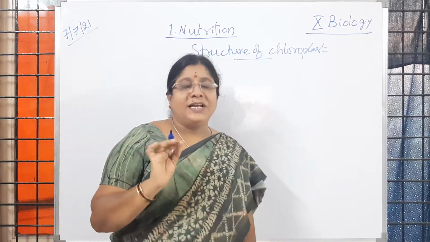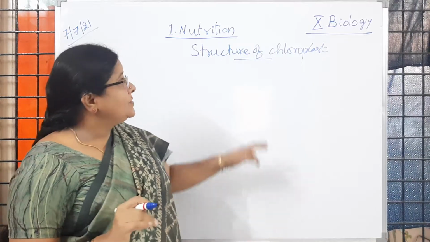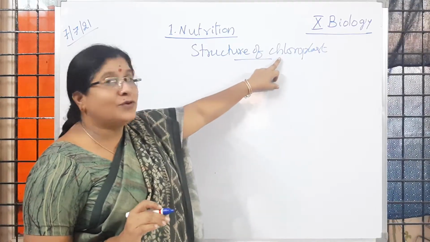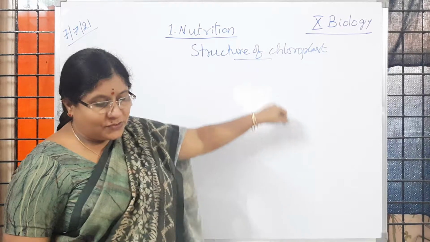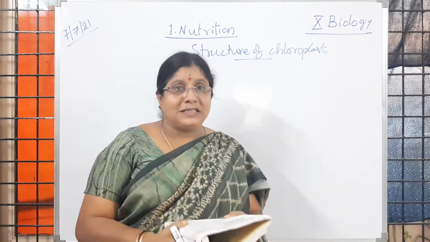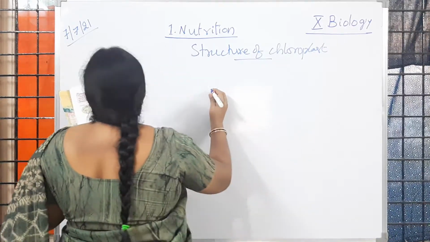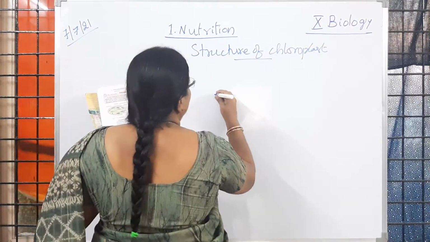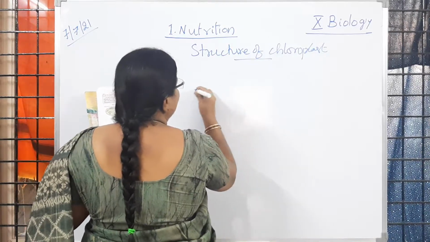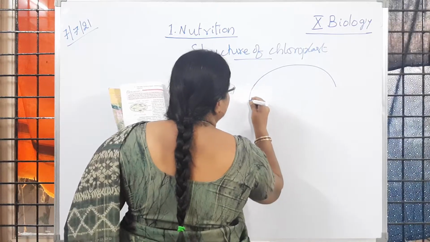Chloroplasts are present only in plant cells, children, but not in animal cells. Is it clear to you? So you learned the structure of chloroplast in 9th class also. Now let us learn the diagram of chloroplast once again, because you will be asked this question sometimes for 2 marks or 4 marks. So now let us learn the diagram of chloroplast and functions, how this process of photosynthesis